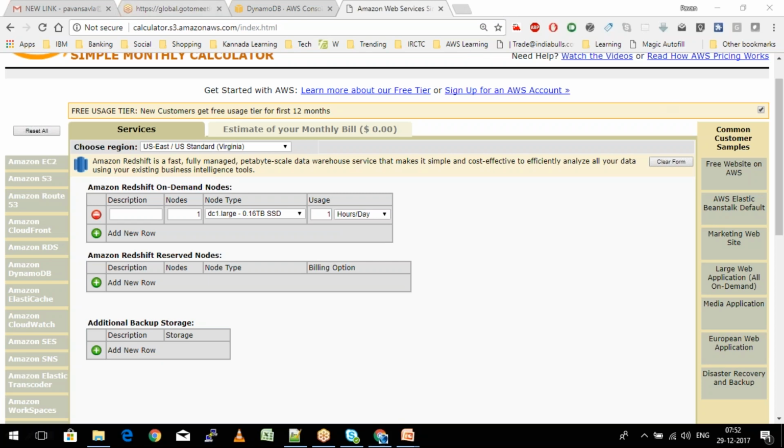Redshift is mostly used when your management really wants to find out some queries. Let's say we are a company selling shoes, or let's say we are a company selling watches. Let's say we are going to launch a new company in January 2018. From January, we are going to start accumulating the data. So some orders get processed in our company. Let's talk about a shoe company. We are going to make the shoes and sell them across various countries in the world. So I'm going to get the data for January, February, March, April, May, June. That's fine. Now, what can we do with this data?